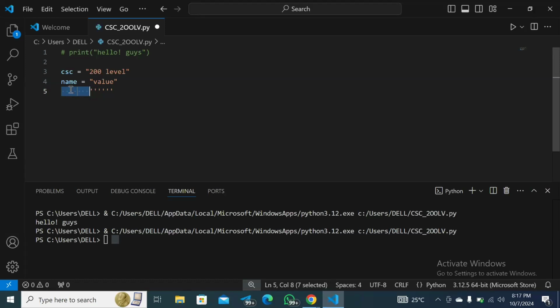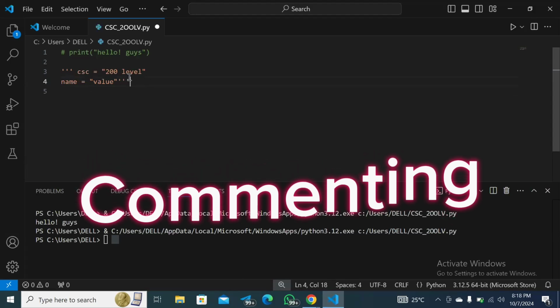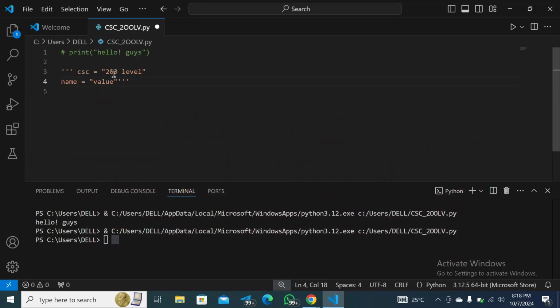For example, if we comment this at the front of this code, we will see that the whole of this line has been disabled, which means this particular line of code has been commented. And look, the color changes are not the same. The single line commenting is different from the multi-line commenting, which means in some cases, if you use this to comment on your multi-line,